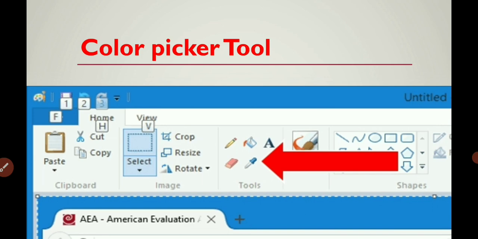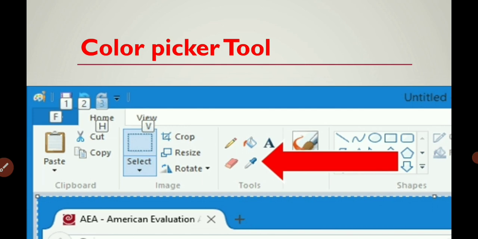Using this color picker tool, you can select any color from your drawing itself. No need to go to the color box and all. You just select the color from what you drew.